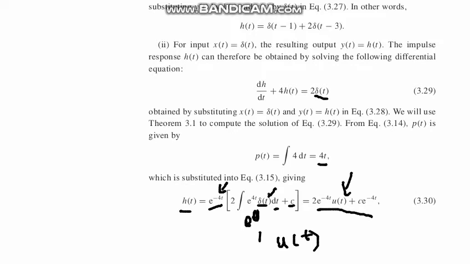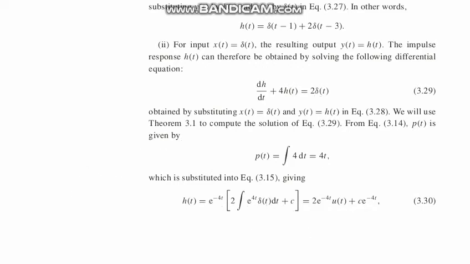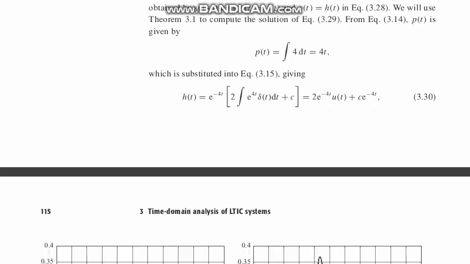and it's a unit step function. If you just integrate delta(t) dt, you will get u(t). So that is the equation, and e to the power 4t and e to the power minus 4t, if you just multiply them, they will cancel, and 1 and minus 4t will be there. Yeah, there is a c e to the power minus 4t. So that's the solution of the linear time invariant system.